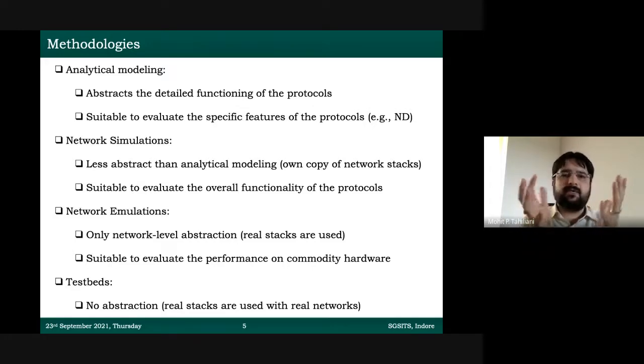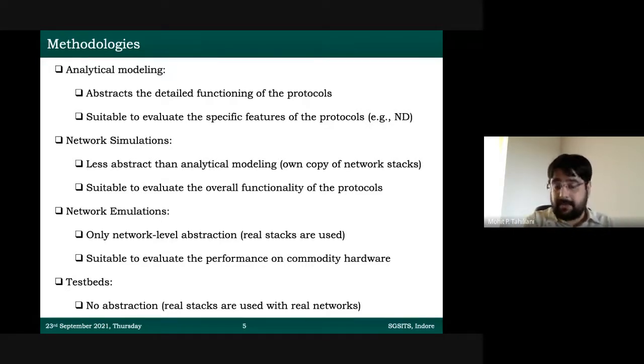You are a researcher who is worried about just performing experiments on a real network, you do that. That's your job. Your job is not to really worry about buying these devices and do the work. So that's where this whole motivation comes for this talk that I chose. The reason I told Manish I will talk on this is because I'm not sure how many people are aware that such kind of testbed exists.